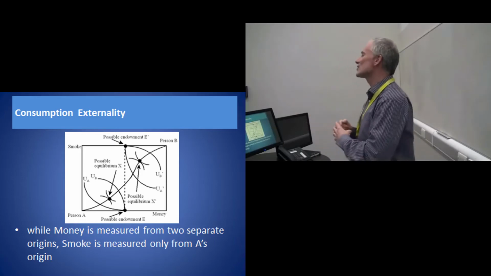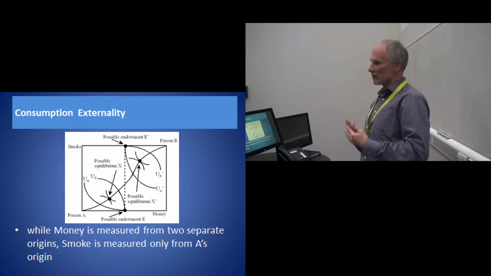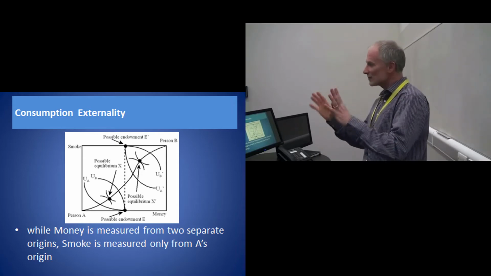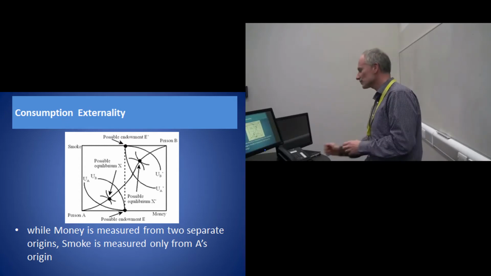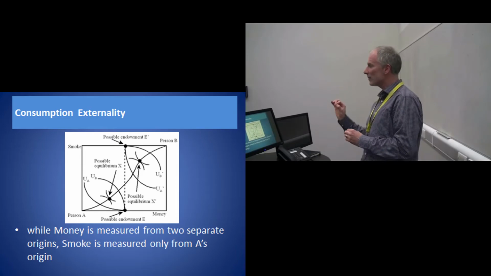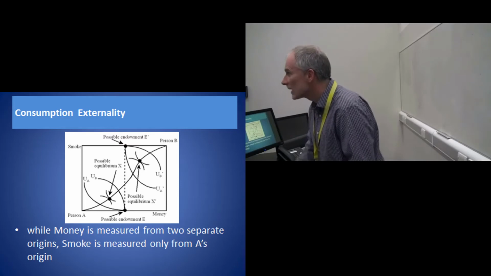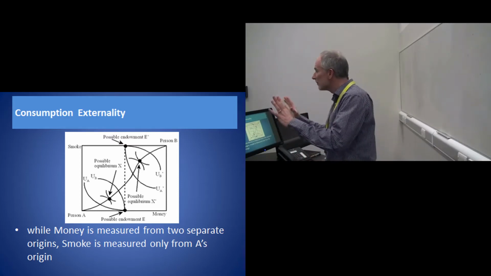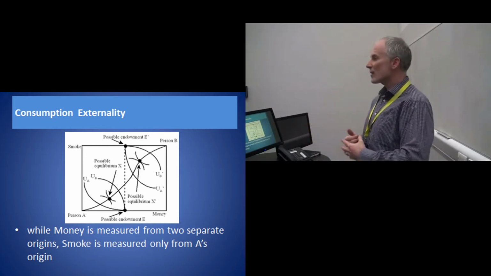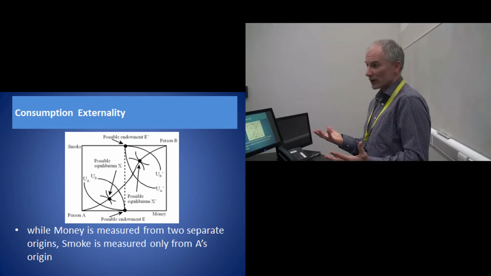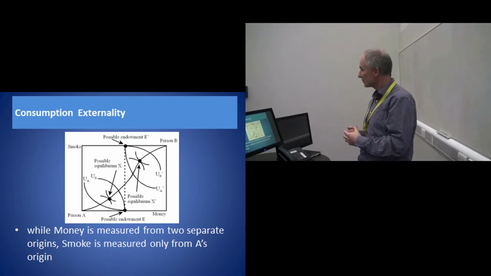So now that we've set up the dimensions, the basic setup of the Edgeworth box, let's say something about these persons' tastes and preferences over the two goods. And let's start with person A. And remember, person A, the smoker, wants more money and he wants more smoke. For him, these are both economic goods. Well, if we can represent person A's tastes over these two economic goods, we can represent his preferences with a conventional set of indifference curves.